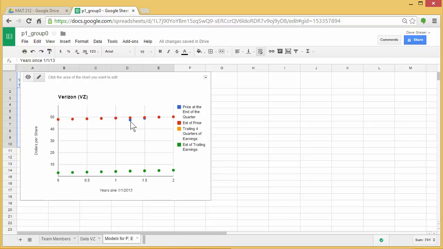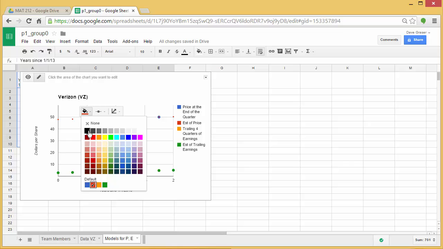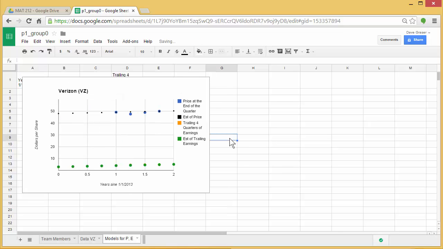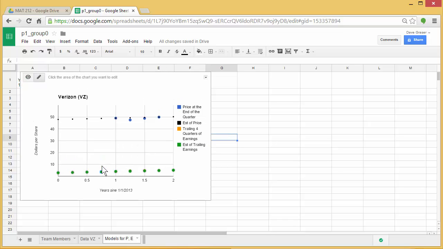The problem is my data points right here and the points on the line are so close together it's hard to tell them apart. So I'm going to go to one of these points on the line and click it. And what you'll notice is it allows me to go up here and change the size of the dot. I'm going to make it smaller, and I'm going to make it in black. So now when I look at this, I can see that it's going through the first point and the last point. If I do the same thing down here,